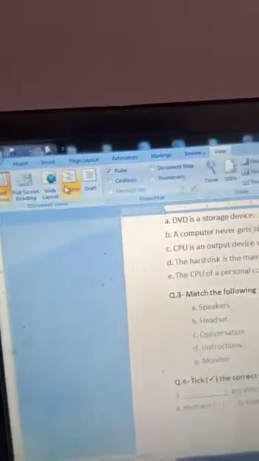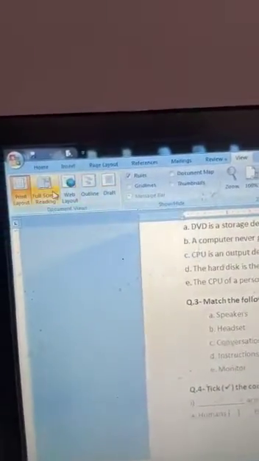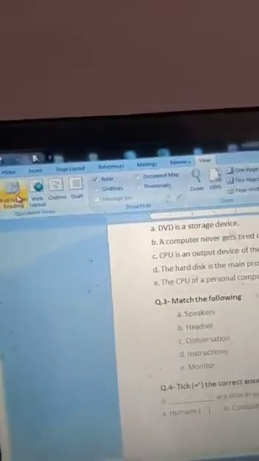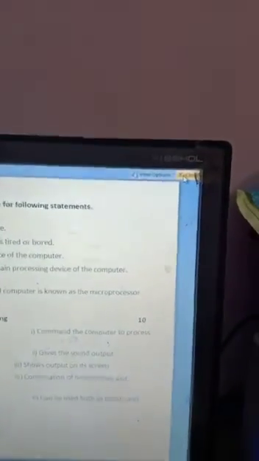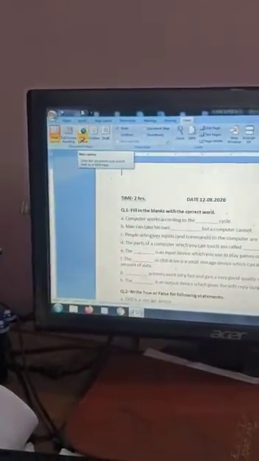So how can you view different types of views? You have to click on View. Look, in that View tab, this is the print layout view, this is the full screen reading view, web layout view, outline view, and draft view. Okay, if you want, by default it is a full screen reading view here, and then there is a Close option. Okay, if you want to go back, then you have to click on that Close. Okay, so this is the full screen reading view. Whatever you want, then you have to select it.